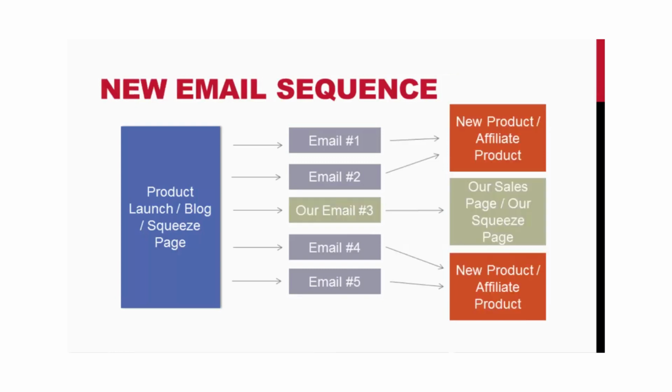So basically what we're going to be doing is finding people who have large email lists inside of our niche. We're going to be contacting them, and we are going to be working with them so that they will place our email list or our email swipe inside of their email sequence. Okay, so let's say they're sending out an email every other day.